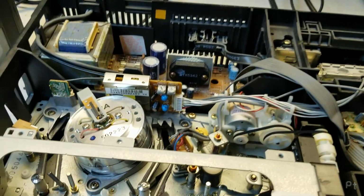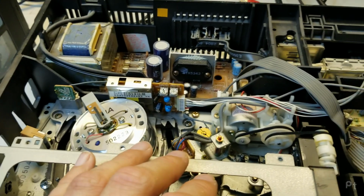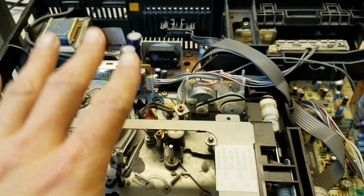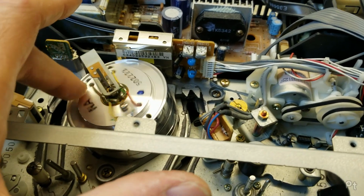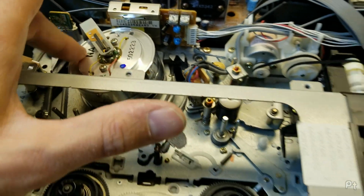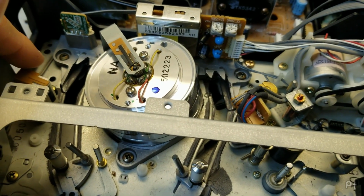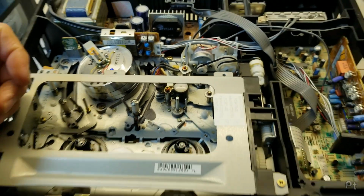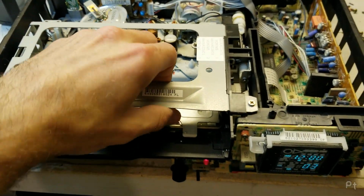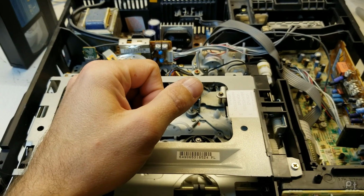A beautiful picture. This is average. Everything about it's pretty average, but what I find impressive about these is that to this day they're sticking around as workhorses. Like this is a 2-head, very basic, linear audio, mono, nothing special. The mechanism's cut down to a cost, but it's still a metal chassis and everything. It's not the 2000s cost cutting like that other, was it a Memorex branded Orion that I looked at,